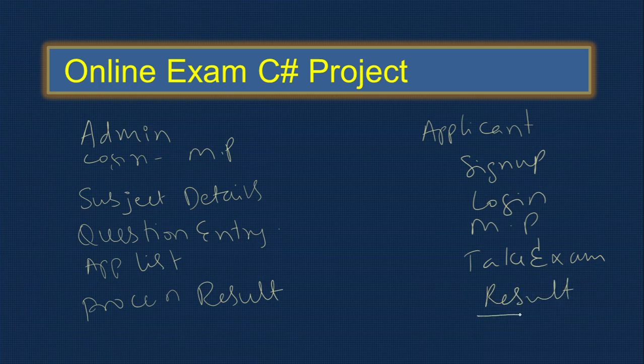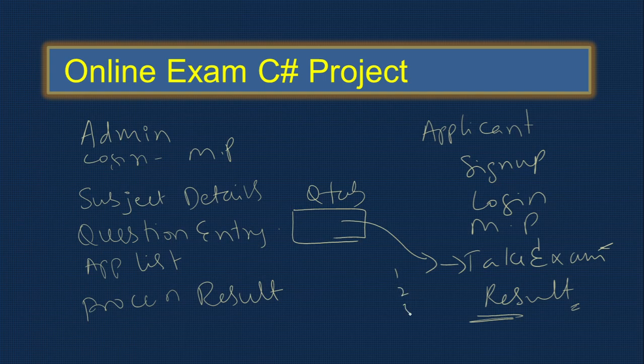Once you take the exam and the result comes properly, the purpose will be served. Whatever question is entered into the question table, we fetch from there and transfer to the exam. You take the questions one by one, first, second, third, fourth, and you need to answer. Those answers are stored in another table, the answer table. That will be processed, meaning we check how many you got correct and how many wrong. That will go to the result table.